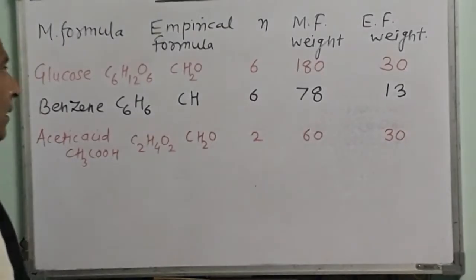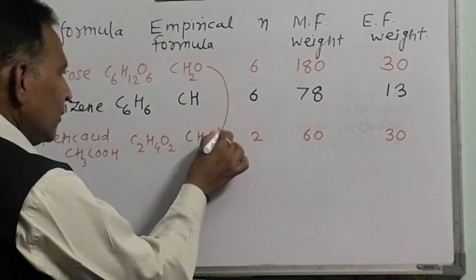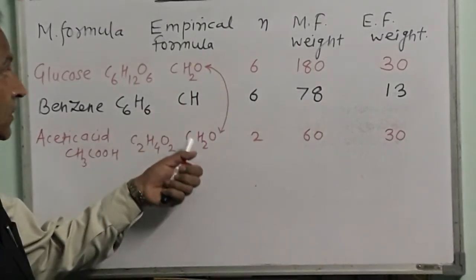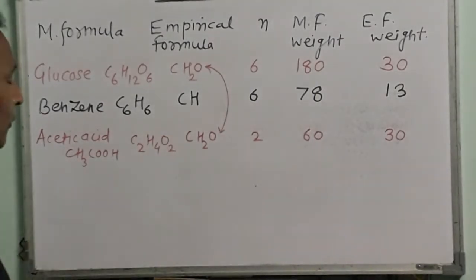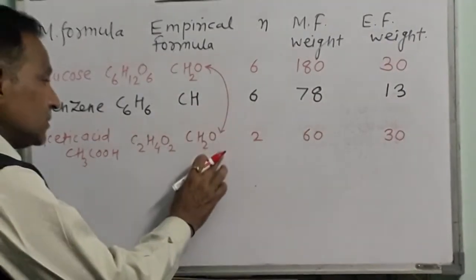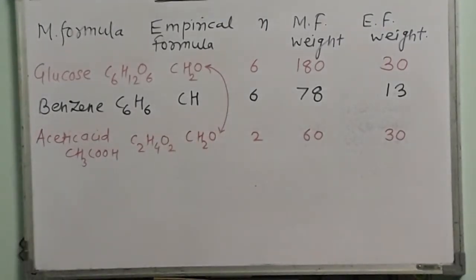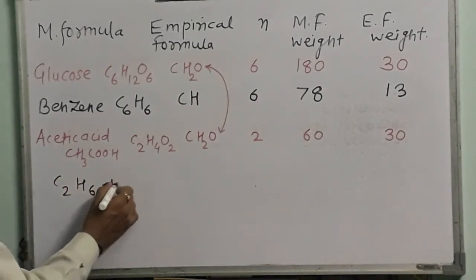तो दोस्तों अभी यहाँ पर आप लोगों को समझ में आएगा कि empirical formula does not clearly go towards the molecular formula. यहाँ पर और यहाँ पर दोनों में empirical formula same है, मतलब समझ में नहीं आएगा whether this is glucose or this is acetic acid. It may be glucose, it may be acetic acid. The only thing that we come to know is the ratio of carbon to hydrogen to oxygen. In this compound, it is 1:2:1, like this. So molecular formula is more important as compared to empirical formula. So next example, C2H6. This is ethane.